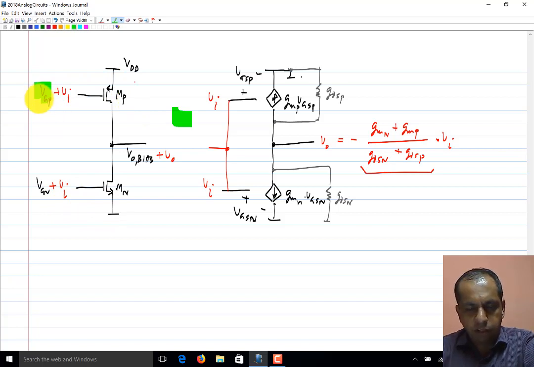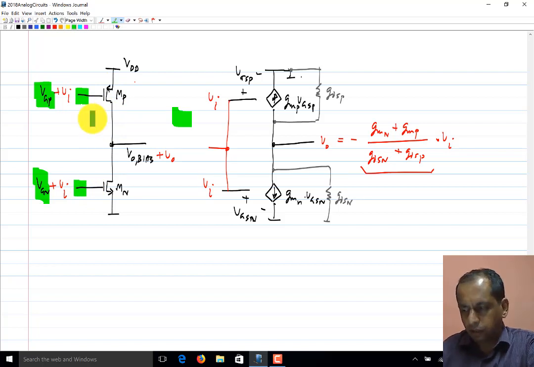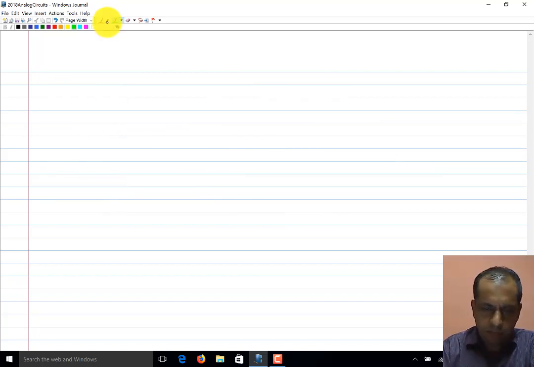That is where we make VGP and VGN to be exactly the same. Now remember, the incremental input applied to the gate of the PMOS and gate of NMOS is the same, but the bias voltages are different here. And we can make the bias voltages also the same, in which case the gate of the PMOS and gate of NMOS transistors are the same for both incremental and bias. They are simply tied together. Okay. So that's a particular variant of this circuit,